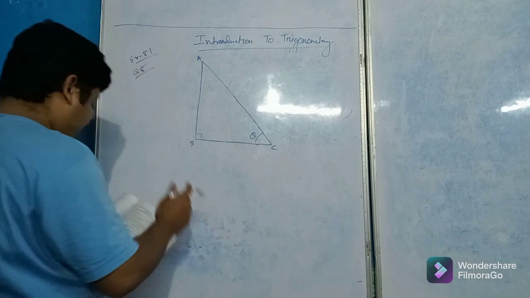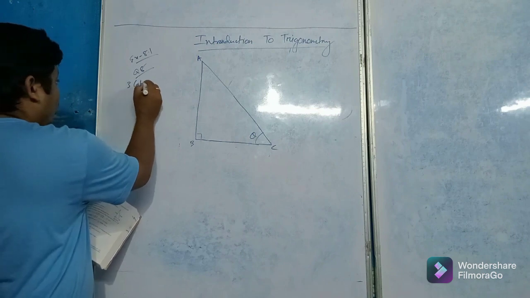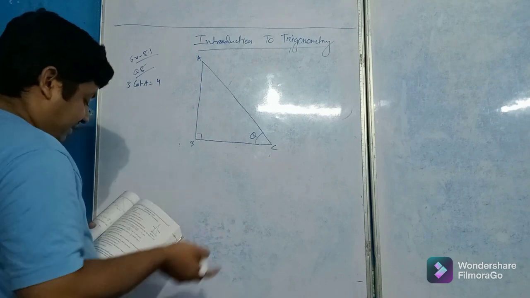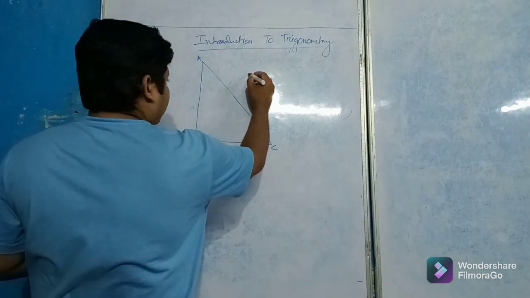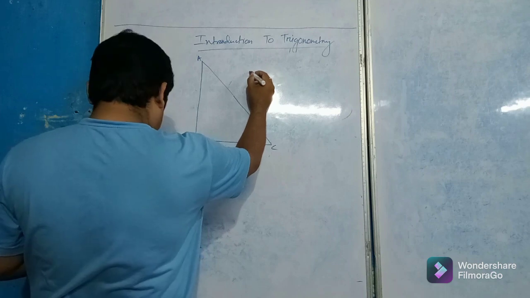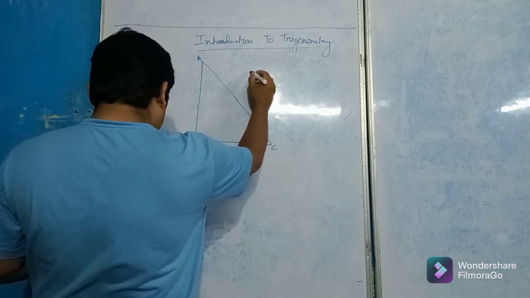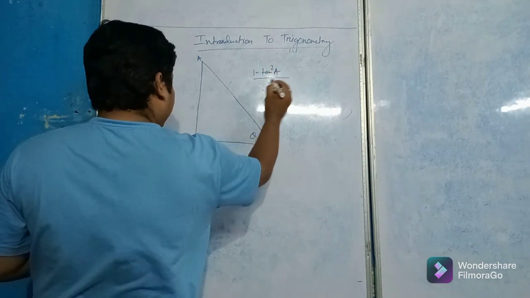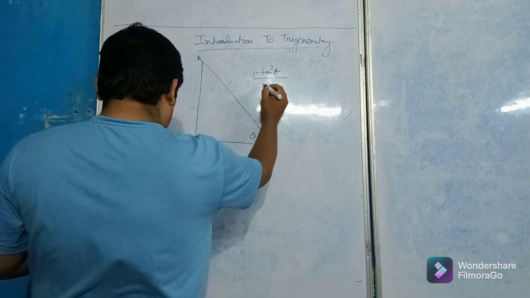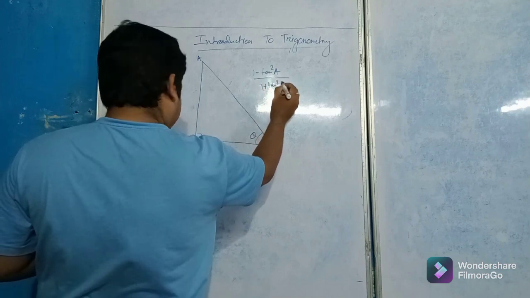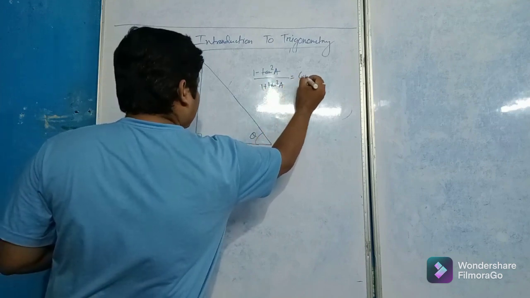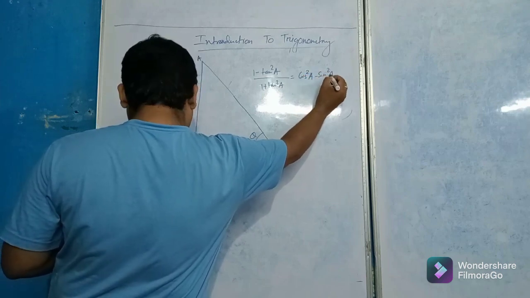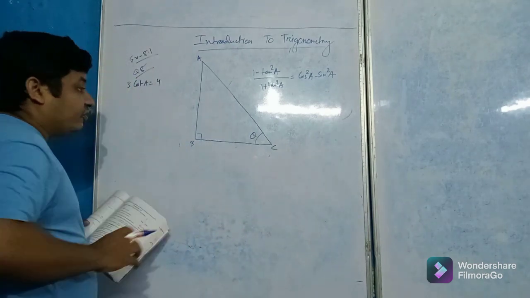Question number 8. The question is given 3 cot A equals to 4. Now it is asking check whether. Check whether means the question is given. We have to prove it only. LHS equals to RHS we need to prove. 1 minus tan square A by 1 plus tan square A equals to cos square A minus sine square A. Whether it is coming or not, we will be checking.